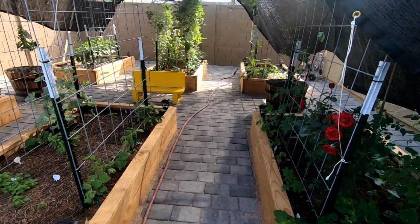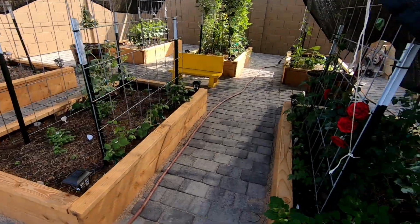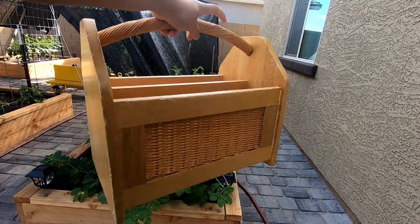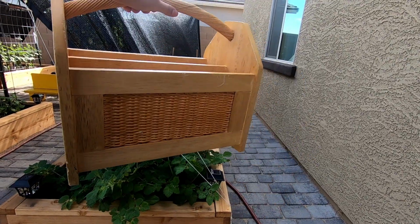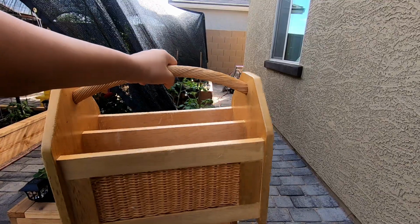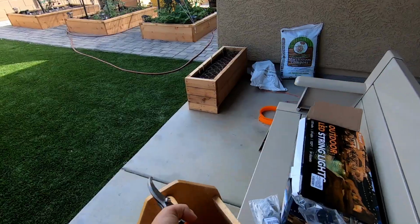And I think I'll give you guys a little overview and then I'll go ahead and harvest some okra. This is my harvest basket. Oh, isn't it so cute? I actually got it from Goodwill a while ago and then I just disinfected it and everything, but it's so sturdy and cute and I love the design. Okay,